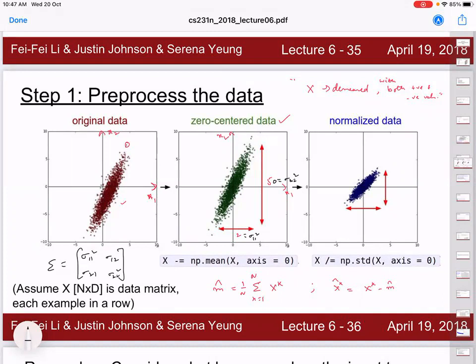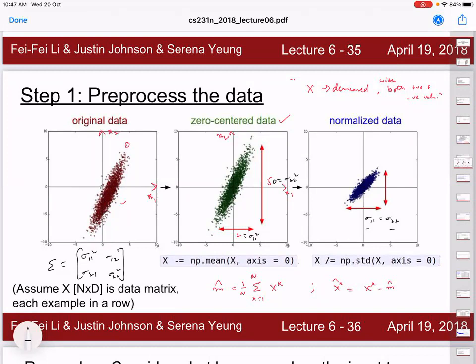In this case, what do you want to do? Sigma 1 1 is equal to sigma 2 2, and we just want to normalize it. We want to show it like this. This is normalizing the covariance matrix. What we can also do is diagonalization of the covariance matrix, so that we can decorrelate the data and then normalize. That's one way. Or directly normalize the covariance matrix such that sigma 1 1 equals sigma 2 2.